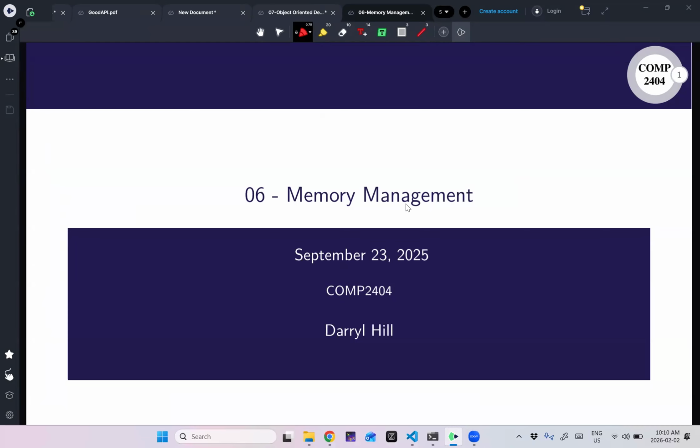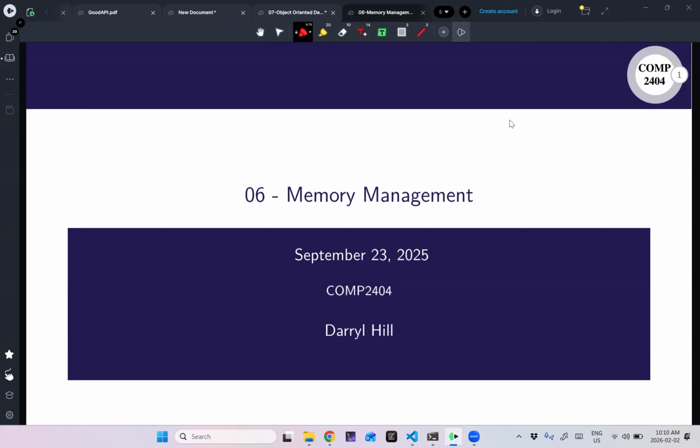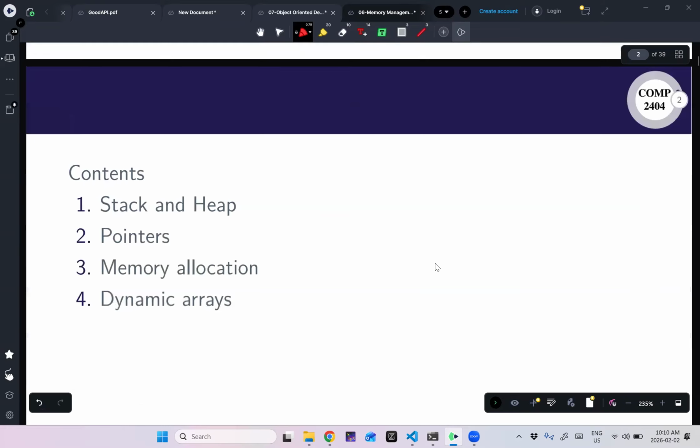Technically, if you doubled the size of the array in home share on assignment 1, you would crash the program, I believe. You're very close to the limit of how much stuff you could put on the stack for assignment 1. So for assignment 2, we're going to be putting more stuff on the heap, which makes it a lot easier to put large data structures on and not crash your program. So that's what we were talking about.